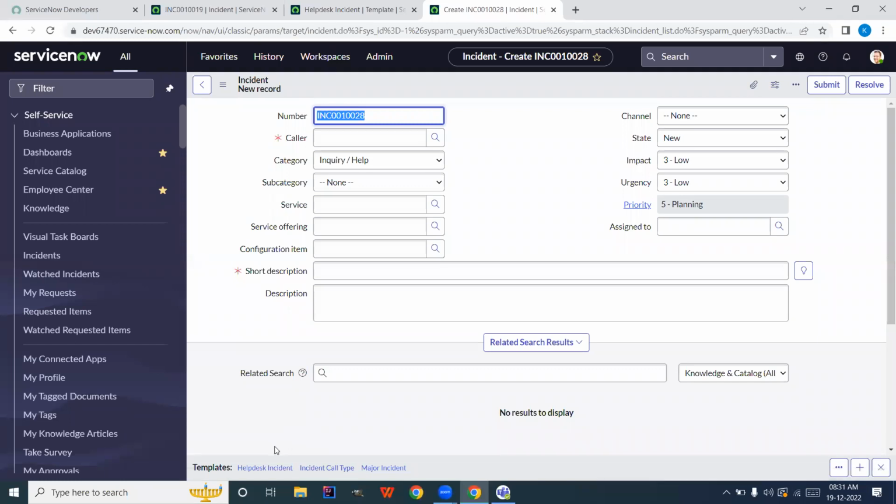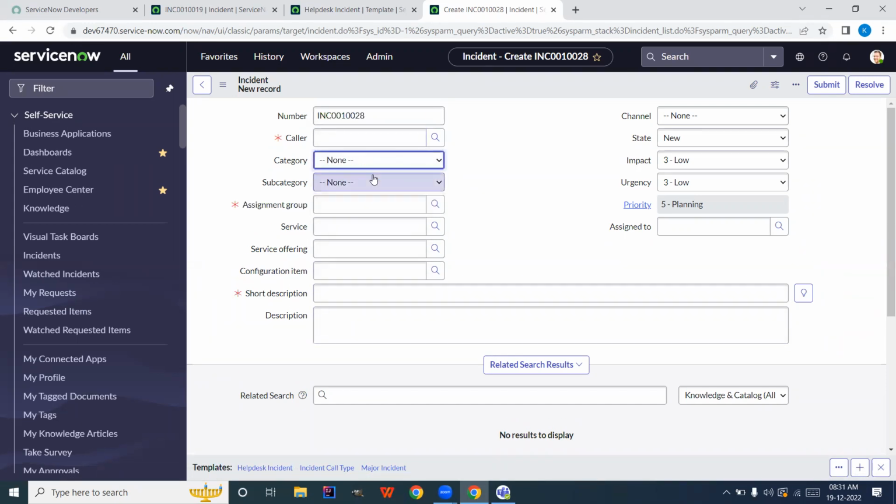So you can see there is one called help desk incident, and incident call type and major incident. These are the other two out-of-box templates which were already there, and the help desk incident is what I created. Now you can see most of the fields are empty, right? And make this also empty. Now if I click on help desk incident,